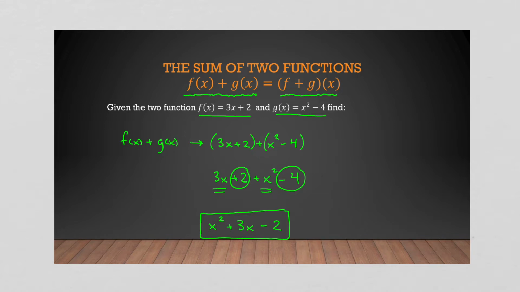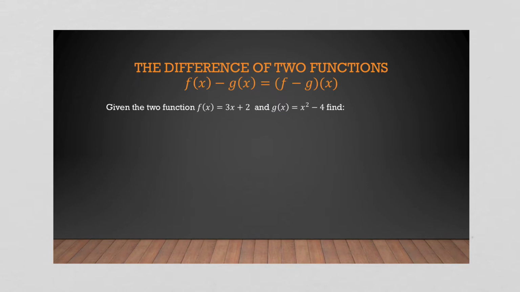Well, what's our next operator? The difference, which is subtraction. Now, in this case, the notation changes, but very subtly. The only thing that changes, obviously, is our sign. So now we are subtracting. And this is where you get the important distinction of the two functions and using brackets, because now we get 3x plus 2 minus x squared